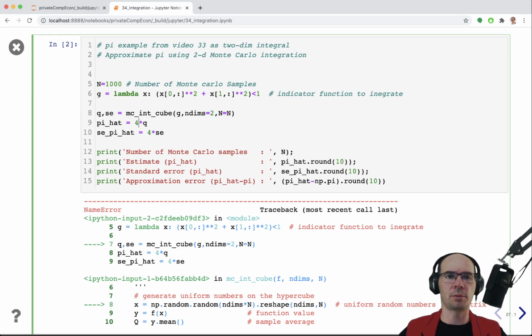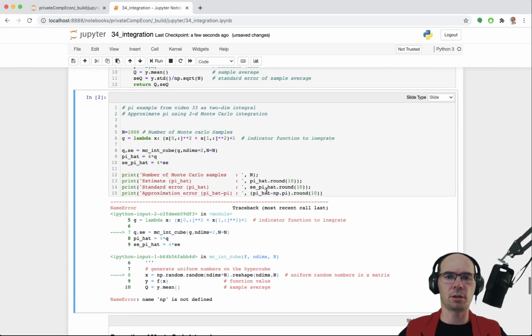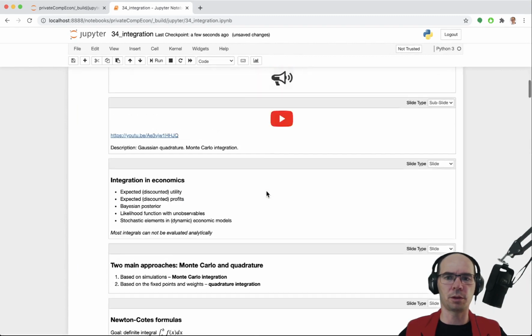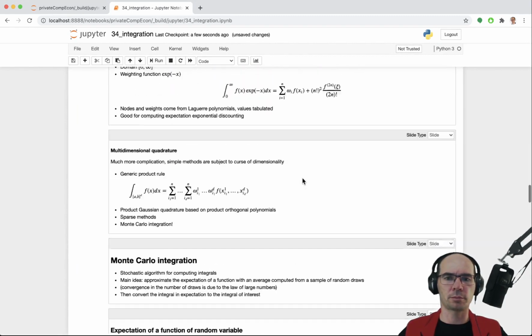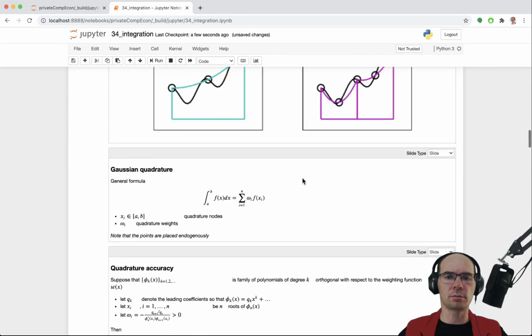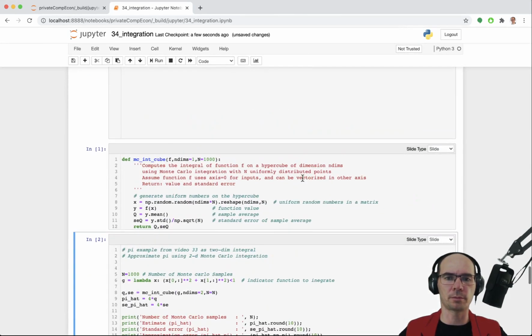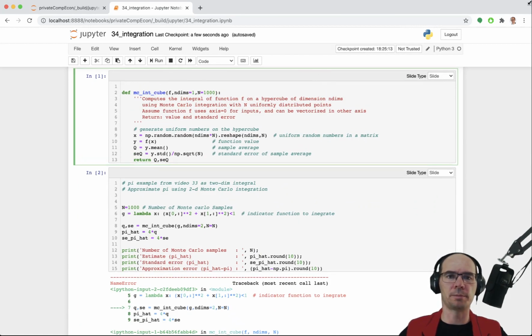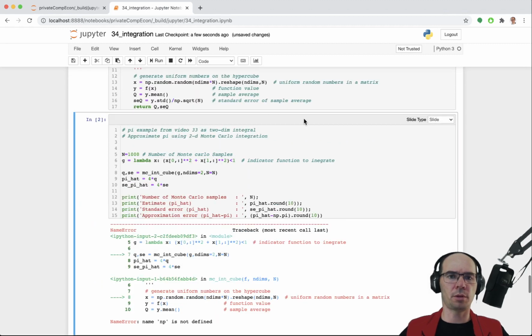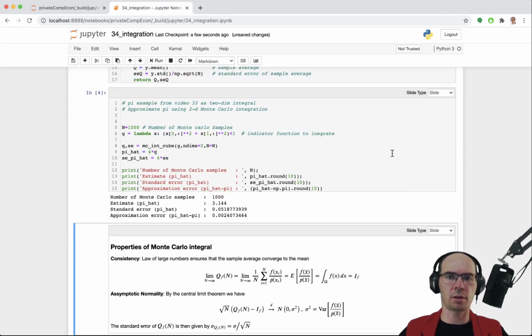That's not good. Let me go back in my slides and import NumPy and everything that goes with it. All right. We should probably do it here. So here we go. Let me rerun that